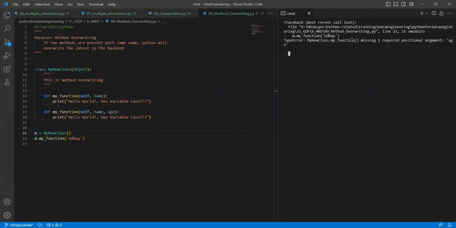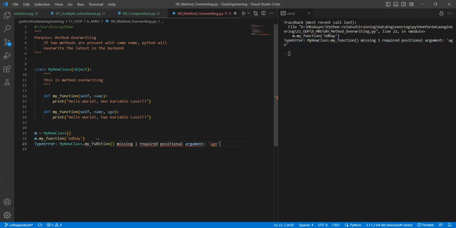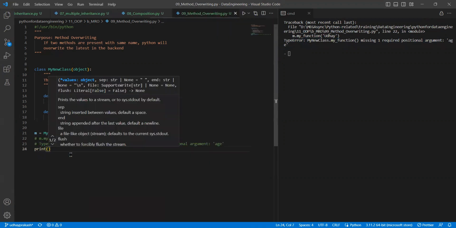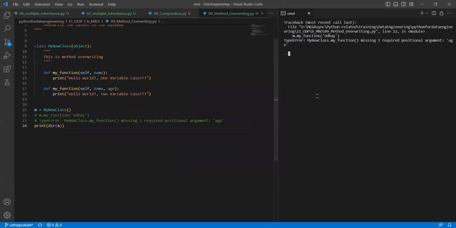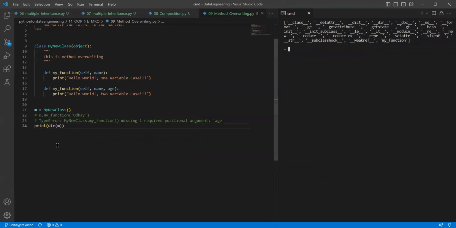Execute. It will throw an error. What is it saying? Hey, missing one argument, because it has overwritten the previous value. So if you ask, hey, what are the attributes of it? And if I say dir of m, you can notice that it will have these values. Okay. And if I ask for the help of this m,